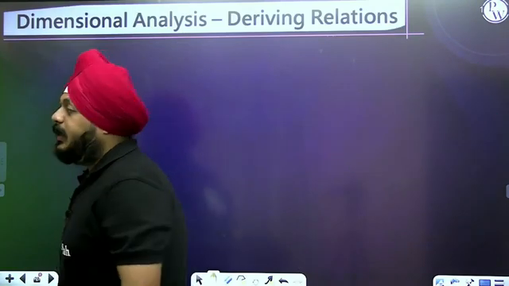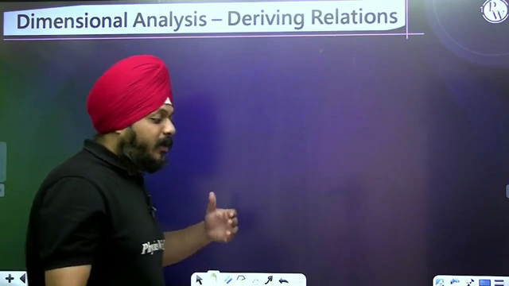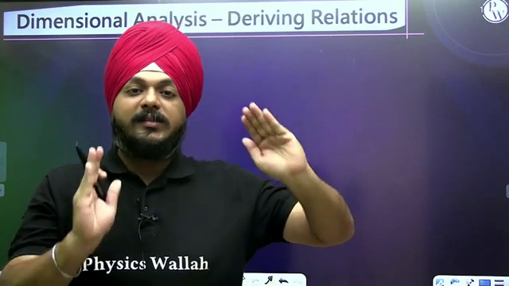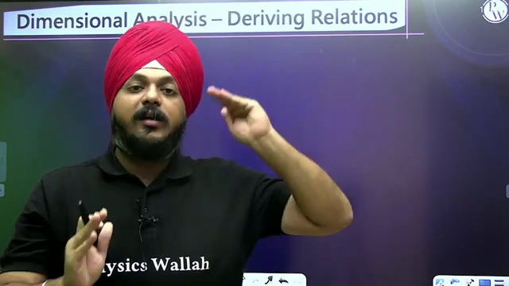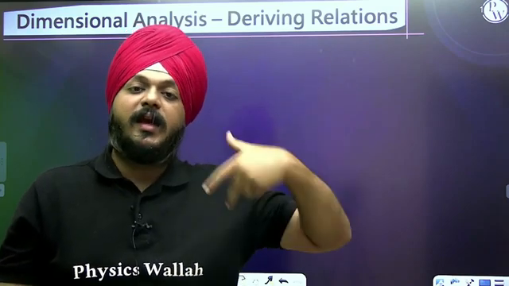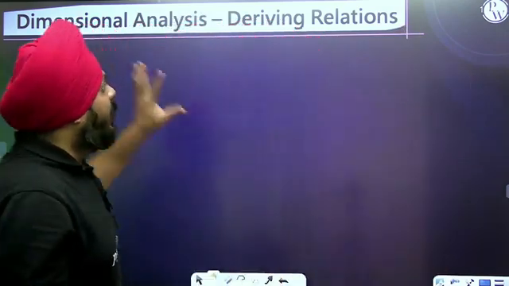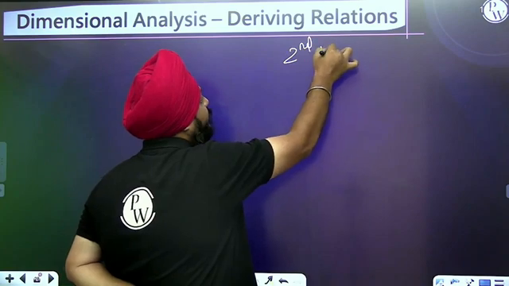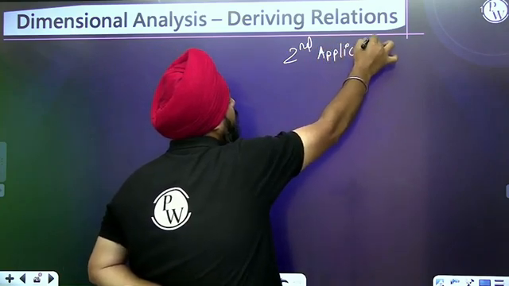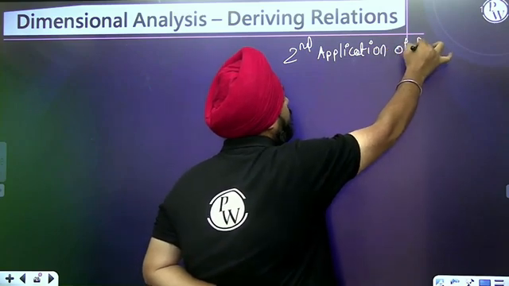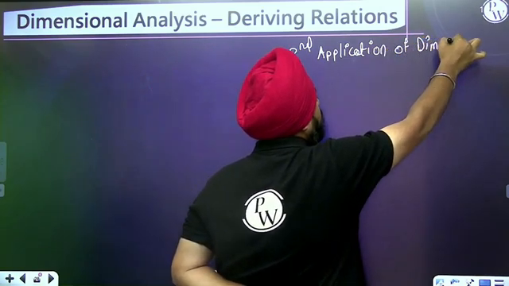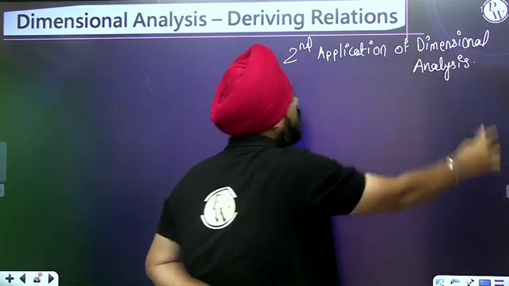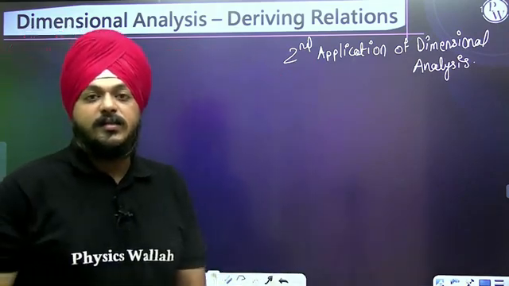If I'm talking about the dimensional formula, then it is a very simple thing. The representation of any physical quantity in terms of fundamental physical quantities, then we can say we are writing up the dimensional formula. But why is this a second application of dimensional analysis? First of all, the second application of the dimensional analysis, I must say,